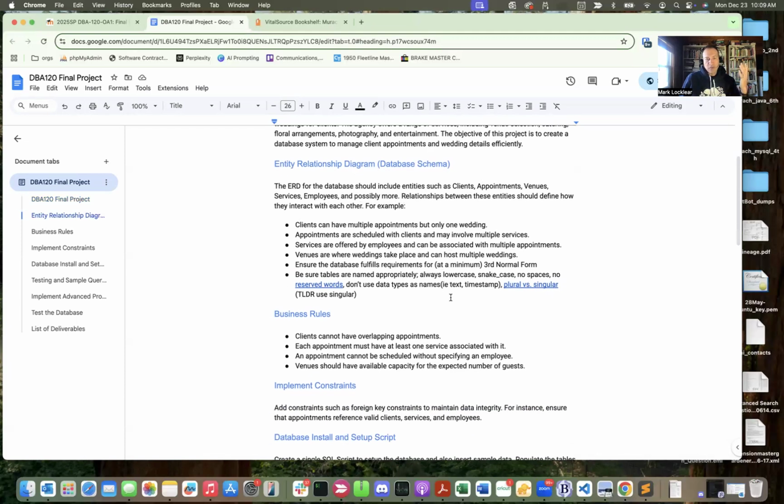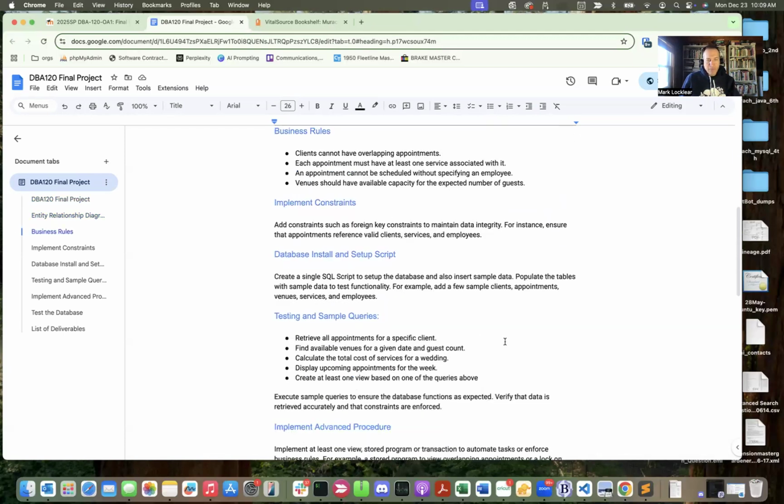So you'll be doing things like creating an entity relationship diagram. You're going to create business rules. You're going to actually write the SQL code that's going to set the database up. And the idea here is, I'm sort of creating a globe with my hand. This should be a sort of complete